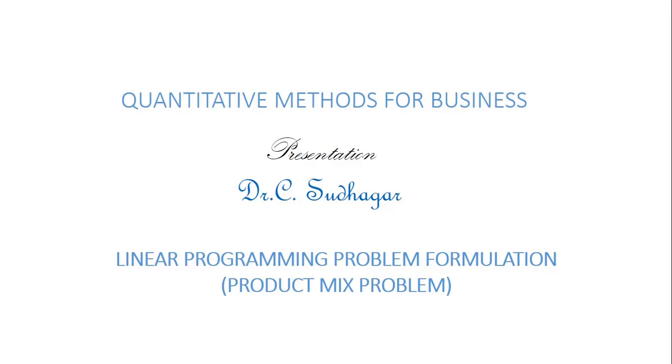Now this is called a product mix problem. If you have more than 2-3 products processed on 2-3 different machines, how to manipulate the cost factors and how to manipulate the constraints, we are going to see. So it's a little bit advanced one. For that reason this video is going to be a little bit lengthier. I will try to go very slowly, so please watch carefully. In a product mix problem, you will have more than 2-3 products processed on 2-3 different machines.